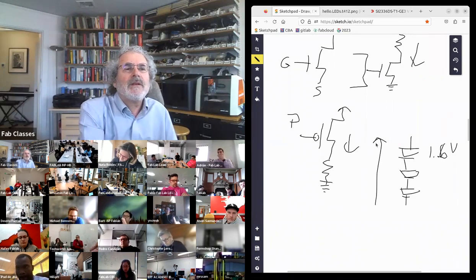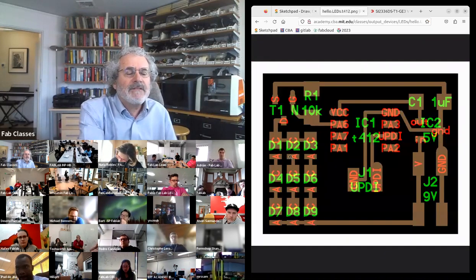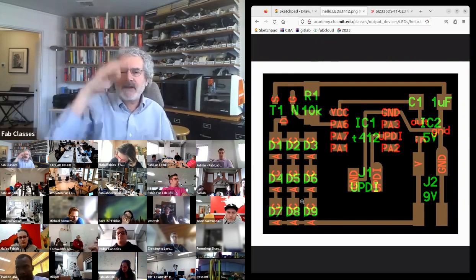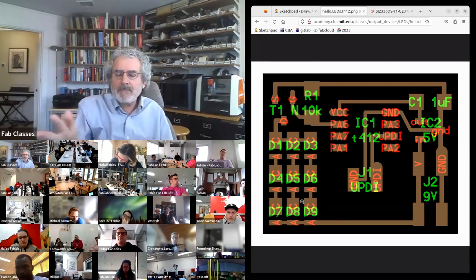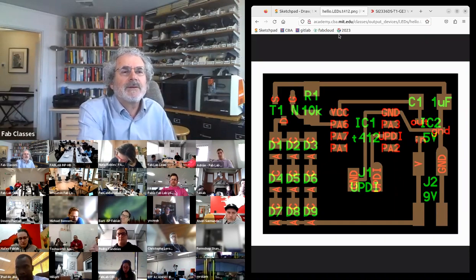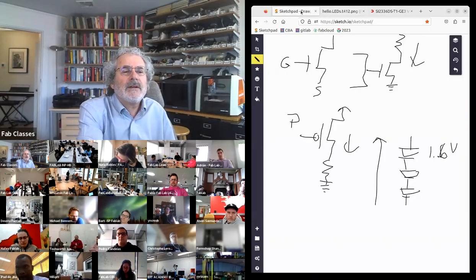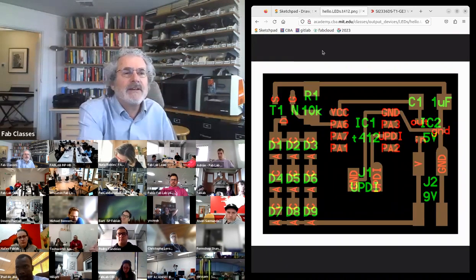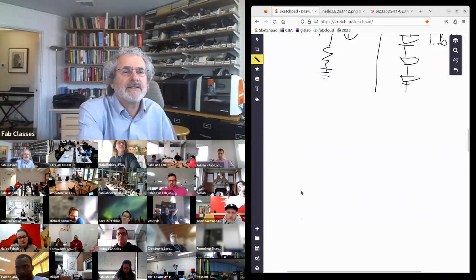And so in the schematic, I have 3 strings of diodes. Each string adds up to my supply, and then I'm powering them in parallel so I can run more than one string. And then all of that goes to my transistor. Now, in the transistor, you'll see I do have a resistor here. The reason that's there is